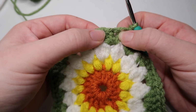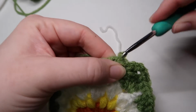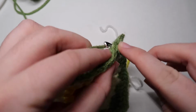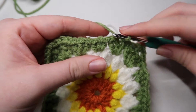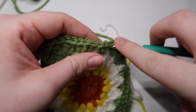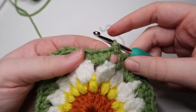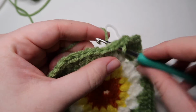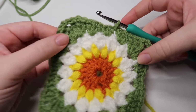So now that you've completed that, you're going to want to go ahead and do what we always do and slip stitch into that first chain 3 gap that you made, and then slip stitch into the next stitch. But we are keeping this color, so we're going to keep slip stitching until we get to the gap between the 3 double crochets and the 3 half double crochets. So where my finger just pokes through, you're going to want to slip stitch there,